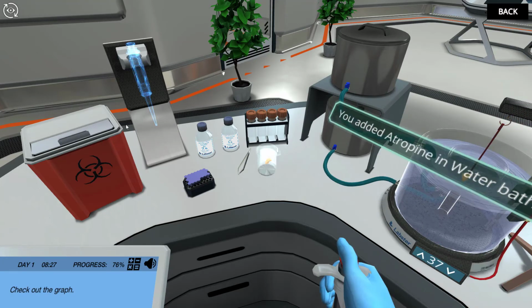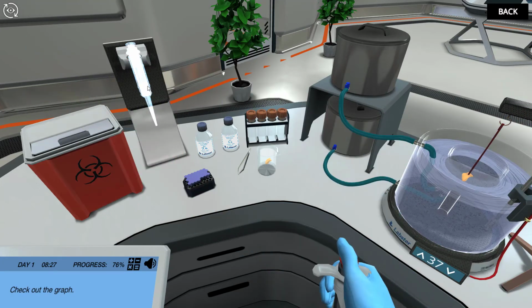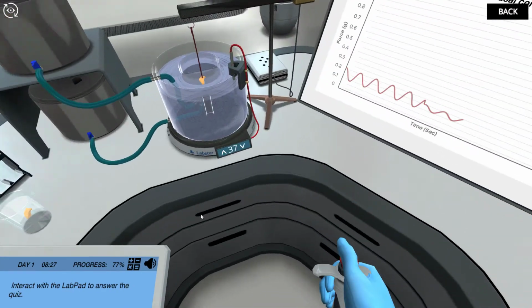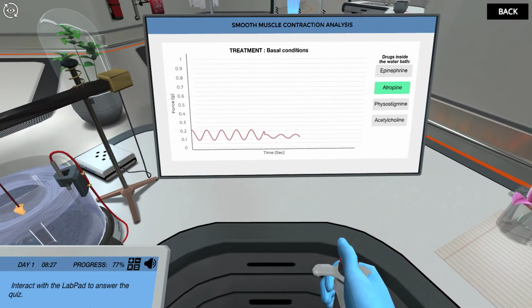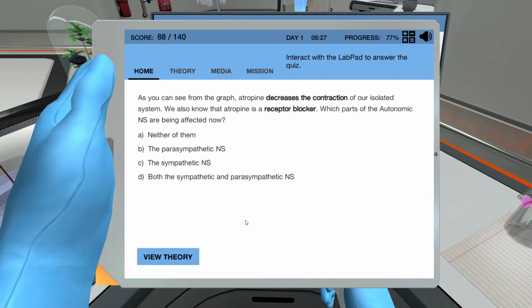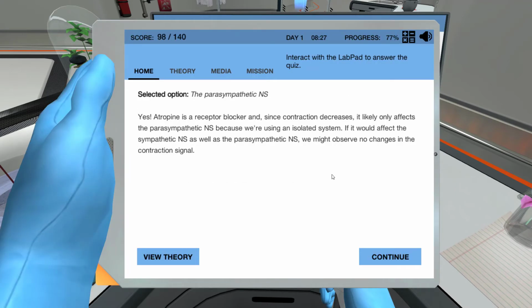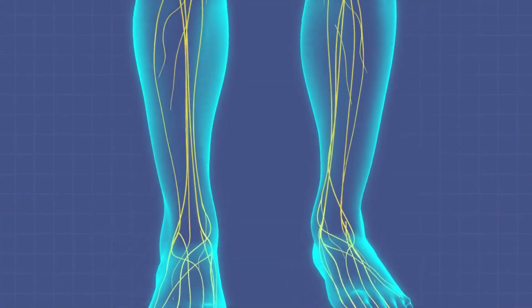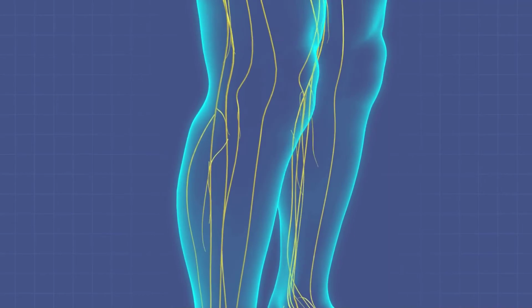Check out the graph. As you can see from the graph, atropine decreases the contraction of our isolated system. We also know that atropine is a receptor blocker. Which parts of the autonomic nervous system are being affected now? Yes, atropine is a receptor blocker and, since contraction decreases, it likely only affects the parasympathetic nervous system because we're